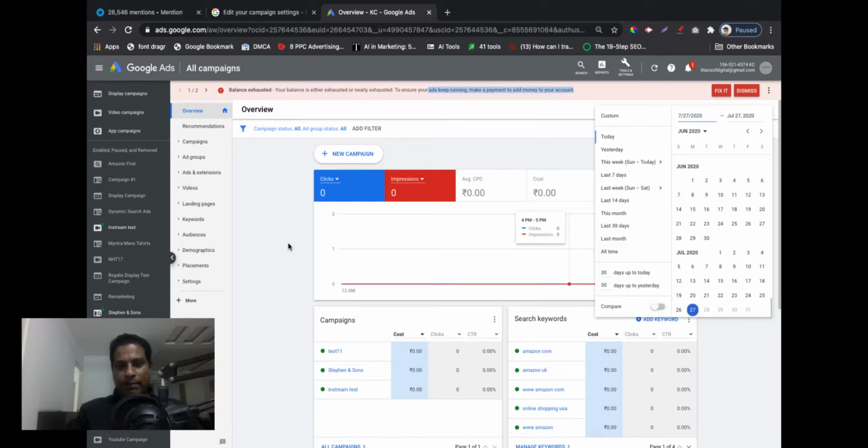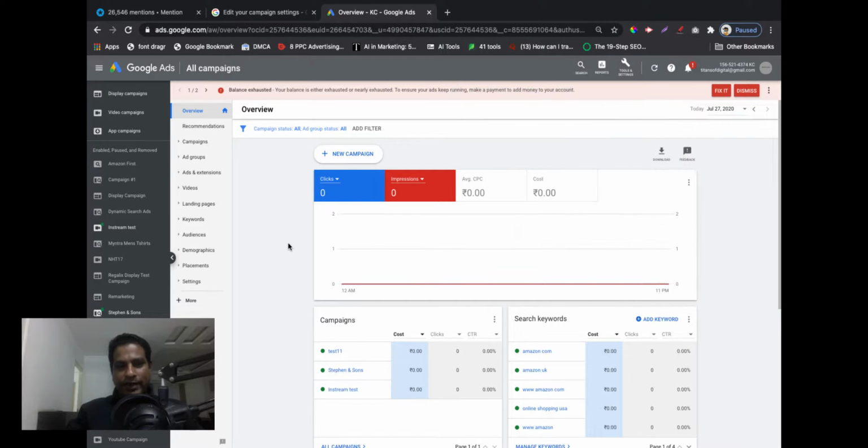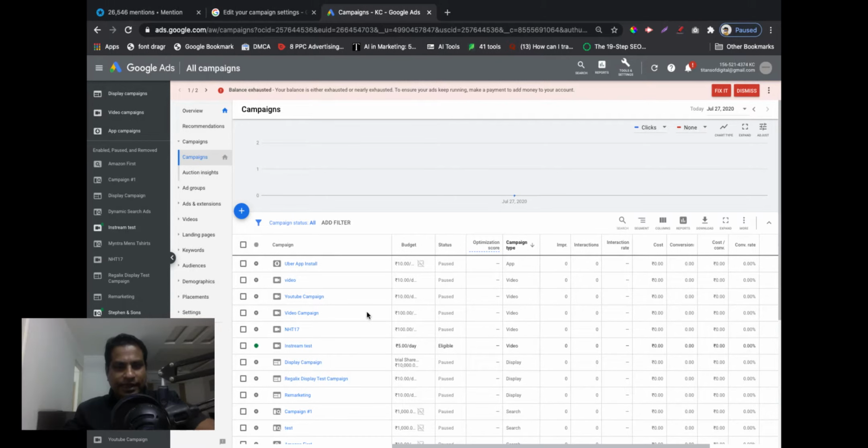Now, the list of all campaigns will be displayed the moment you click on campaigns. If you want to look at all ad groups, you will click on ad groups. When I say all ad groups, I'm talking about all ad groups in the account, not in a campaign. If you want to look at a particular set of ad groups in a campaign, you will have to go to campaigns and select that particular campaign. So we are navigating to the campaign screen now. So let's click on campaigns. Alright, so we are at campaigns.